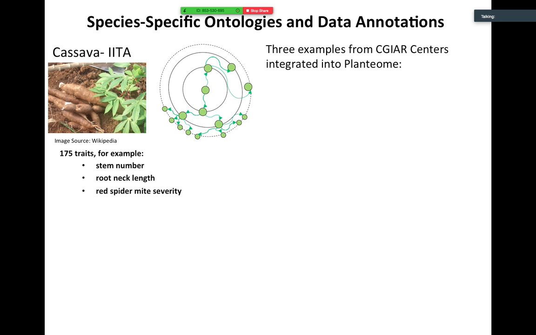So I wanted to talk a little bit more about the species-specific ontologies and the data that we're importing from them. As I mentioned, we've been working closely with Bioversity, and I have 3 examples here from the CG centers which have been integrated into the Planteome. The first one is cassava. We had a workshop here in Corvallis last fall, and we had several representatives from some of the CG centers visit. And the representative from